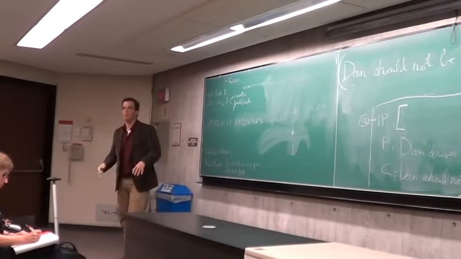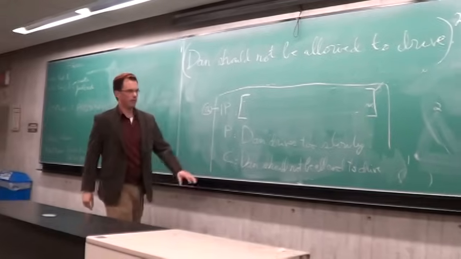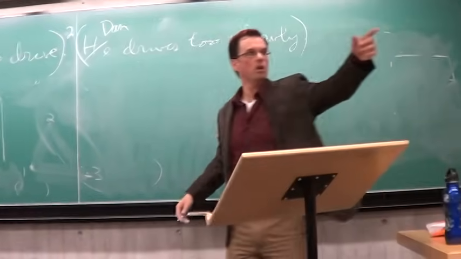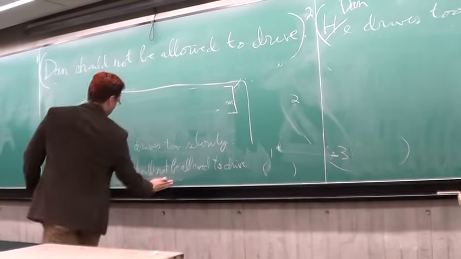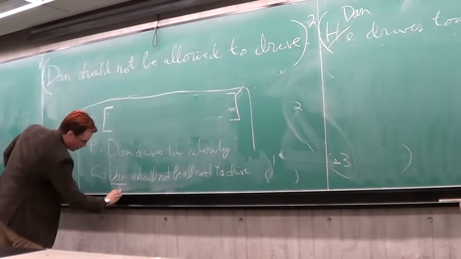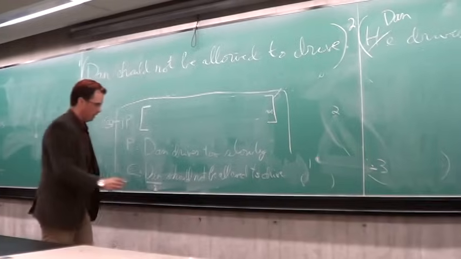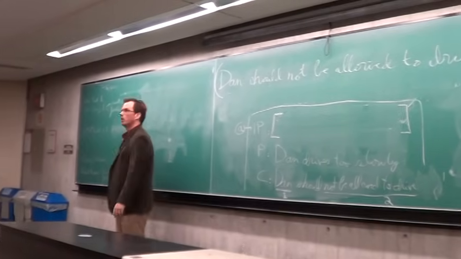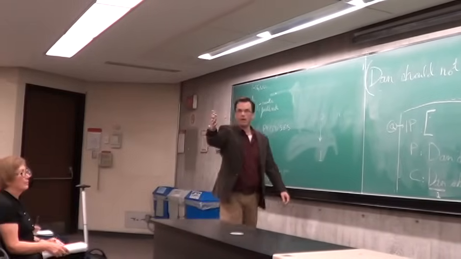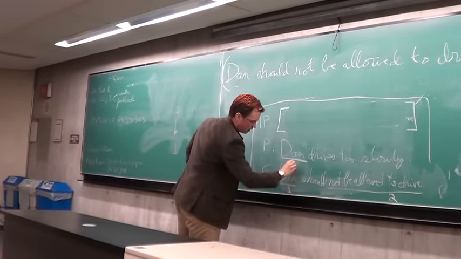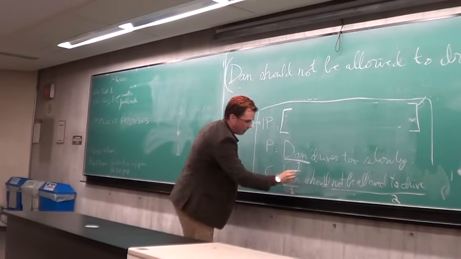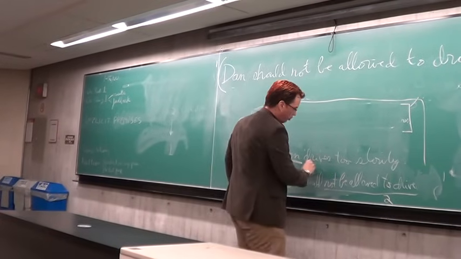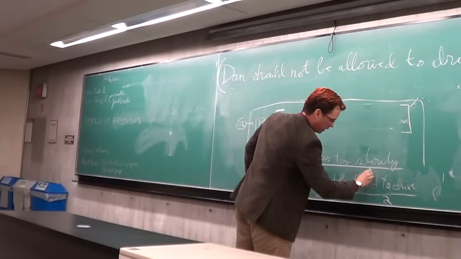Then what? Let's look at our topics. Let's start at the bottom bun. What are my two topics? Dan and driving, or being allowed to drive. Let's call this 1 and 2. Let's look at the premise. What are my topics? Again, Dan and driving too slowly. Dan, let's call this what number? Yes, 1, because we've already committed ourselves to calling that 1. We've labeled it that way. And driving too slowly.